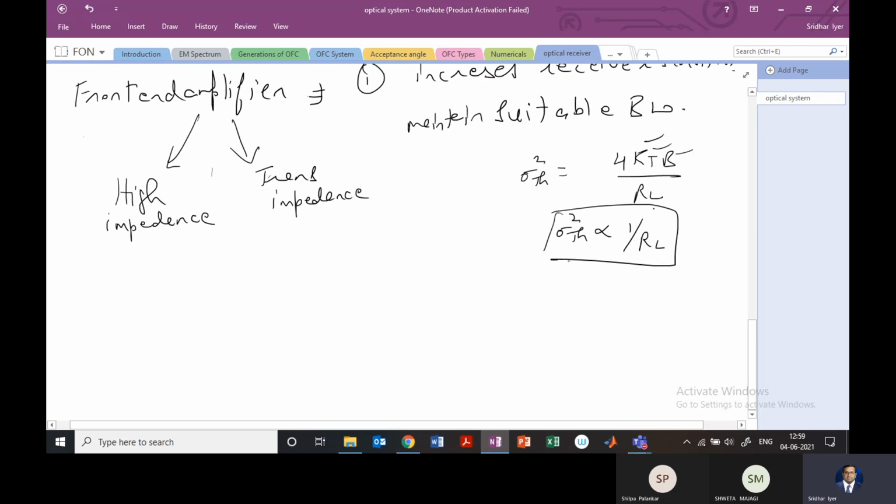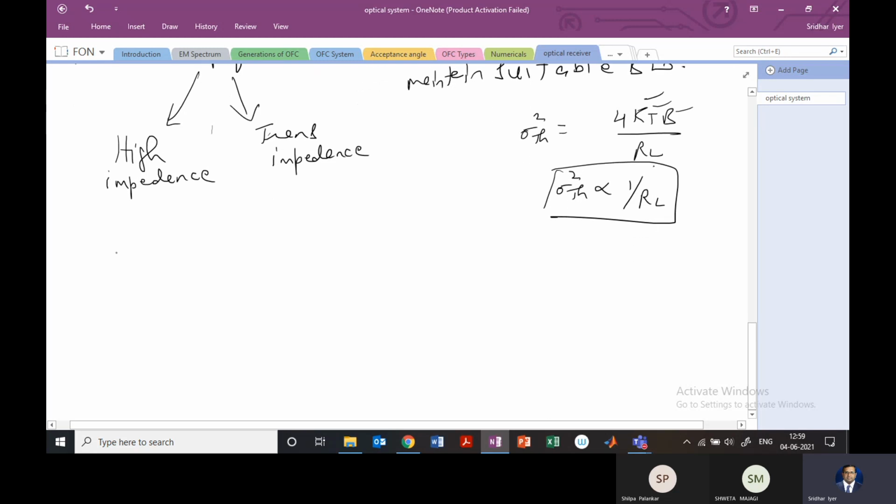So to design the front end amplifier, if I need low noise, then this RL needs to be as large as possible so that we can minimize this thermal noise, right? So the high impedance amplifier looks something like this. You have the photodiode, we have the load resistance,